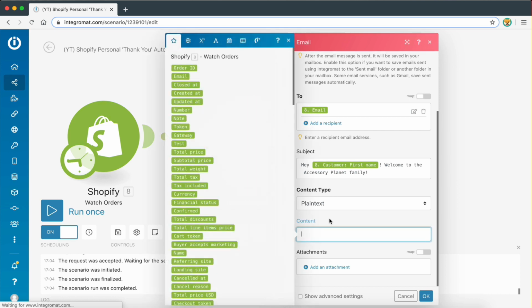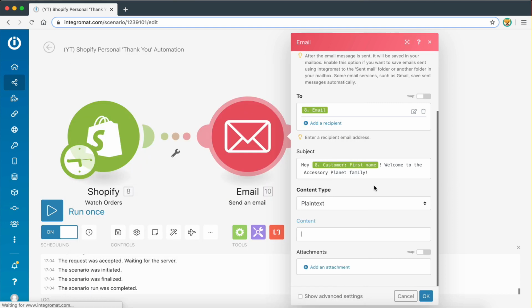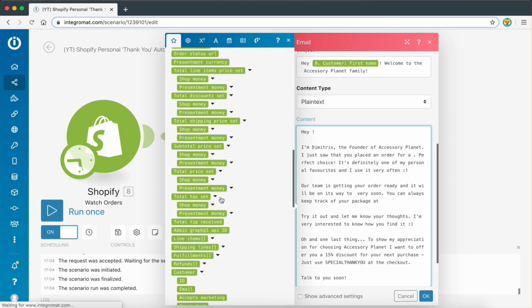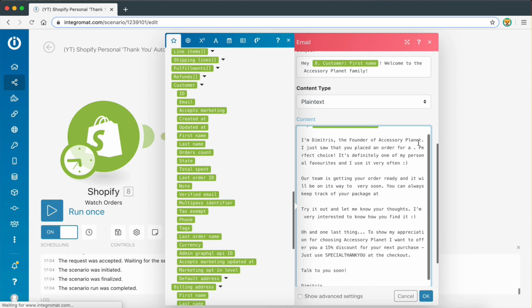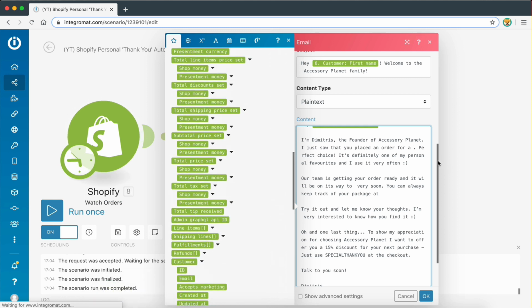So here, what I need to do now is create a personalized message. And I already made a template here, which I'm going to copy paste. And I'm actually going to remove these dynamic fields right here so I can show you how it's done. So I'm going to say, hey, customer's first name, right? So I'm going to scroll down to customer, and then we're going to select the first name, right? So, hey, customer's name, I'm Dimitris, the founder of Accessory Planet. I just saw that you placed an order for a, and this is where I want to have the item's name, right? So the thing that the customer bought, I want to have that item's name on